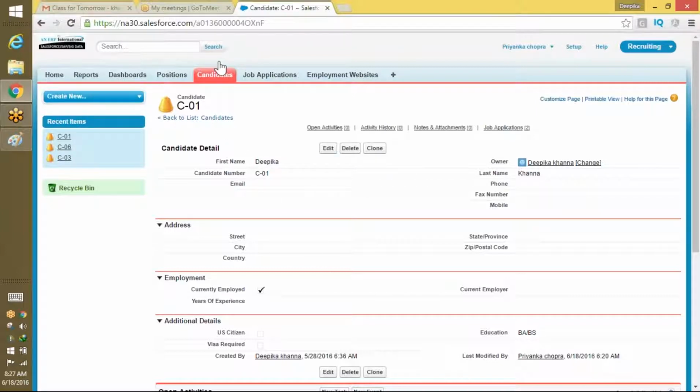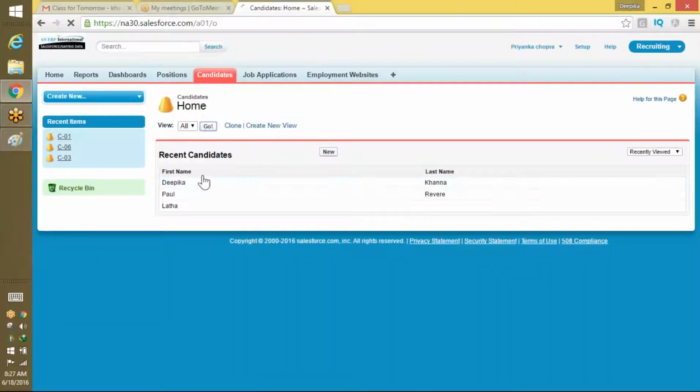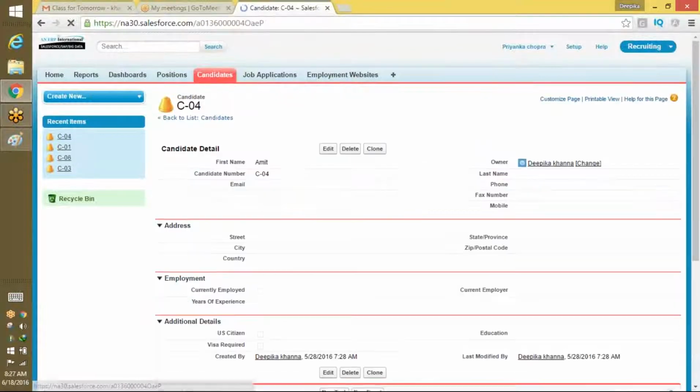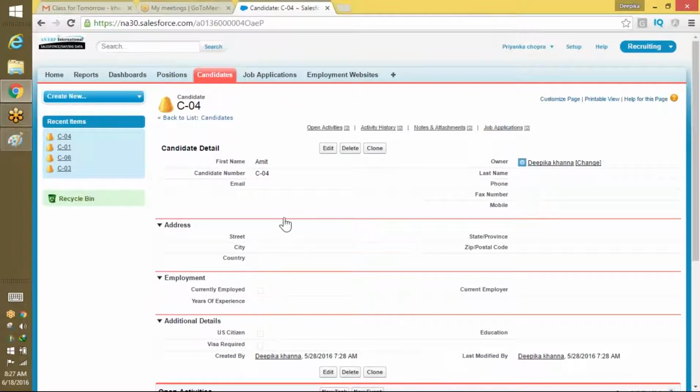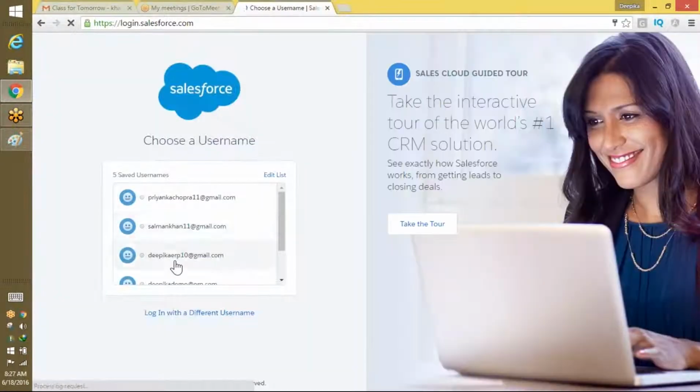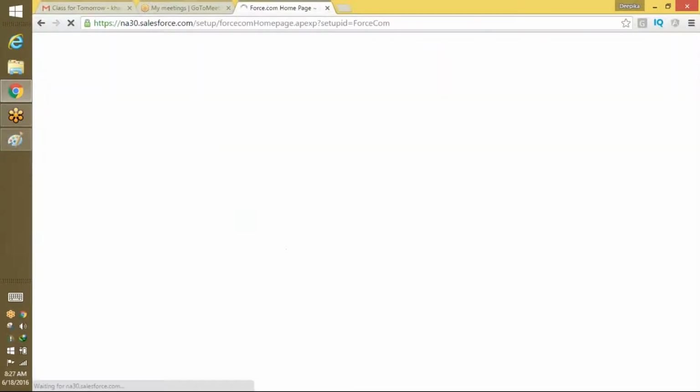Now let's say she does not see the permission set. Now what we're going to go ahead and do is, let's give this permission set to her as well. Okay, and let's see if she's able to edit it or not, because she has edit permission but she does not have permission on SSN, so she's not able to see it because she does not have that permission set. So what we're going to do is, to Priyanka Chopra we're going to give this permission set and let's see what happens. Okay, so now if I log out and log in back again as a system admin,